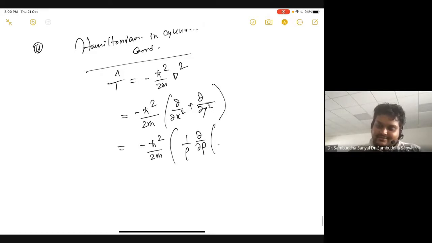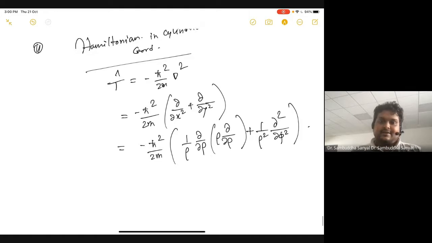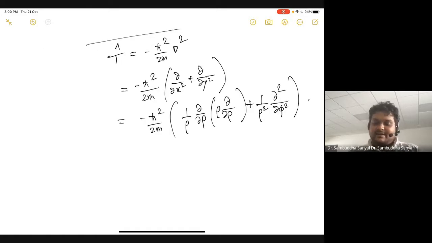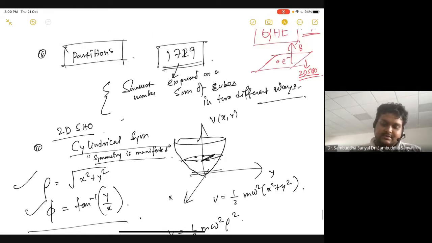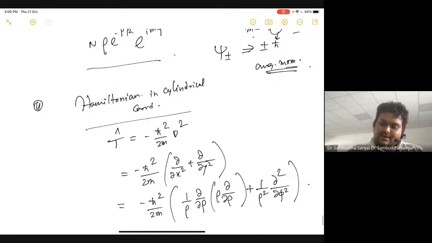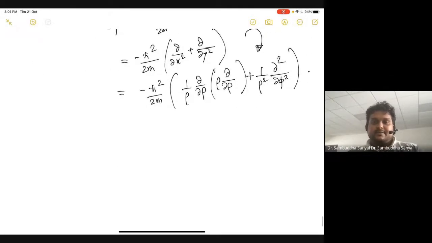So del rho, del rho, del phi 2. Okay. So this is basically how I can rewrite it. So you know these kinds of things, right? To do the calculus, if you know these two relations, you can work out. You can go from here to here, right? Are you familiar with this kind of simple calculus of how to change the variable and change the derivatives? Yes. Okay, very good.